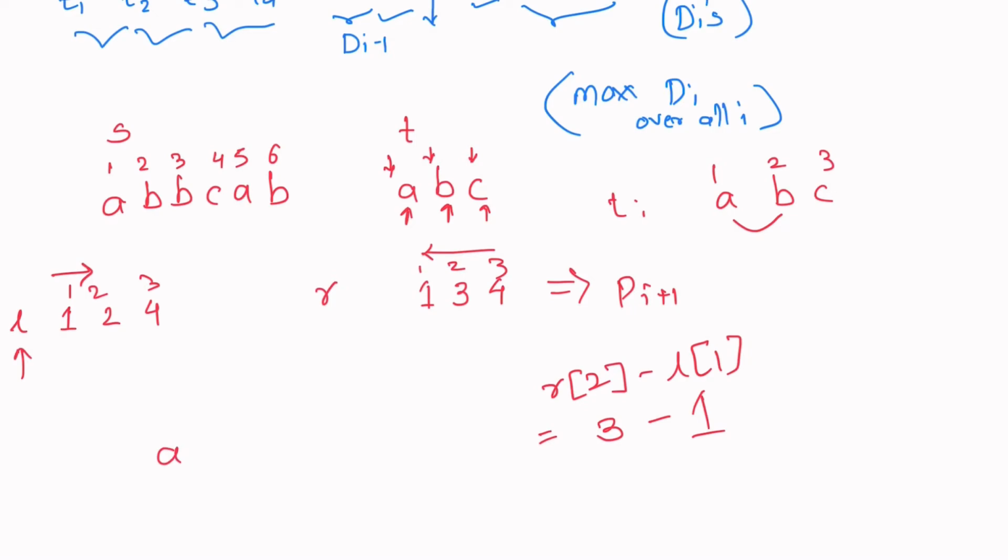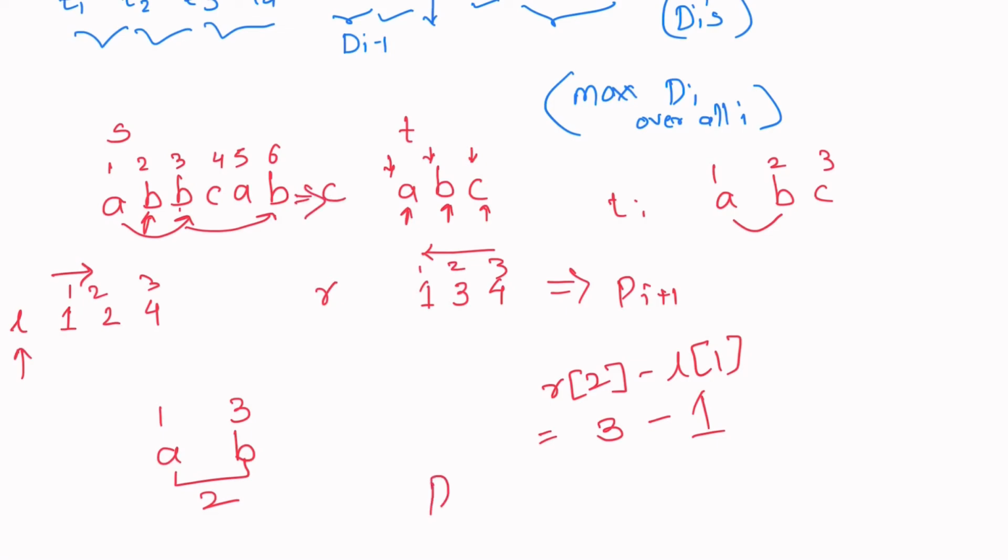So what this means is we will first take A in our subsequence, and to take B we are not going to take this second B, we are taking the farther away B which is at position 3. So these indices are 1 and 3. So the max difference between them is 2. You can also visually see that the max difference is 2 because we cannot take this B since there is no C after this B.